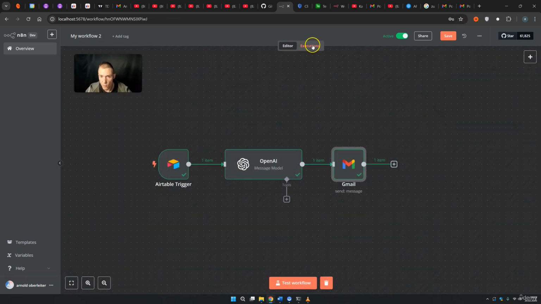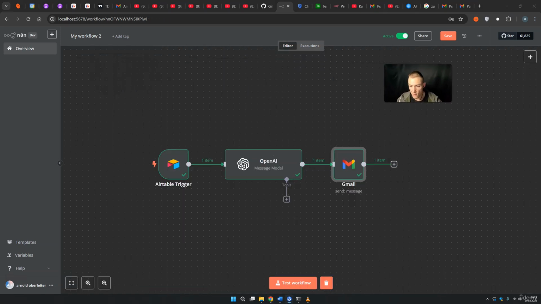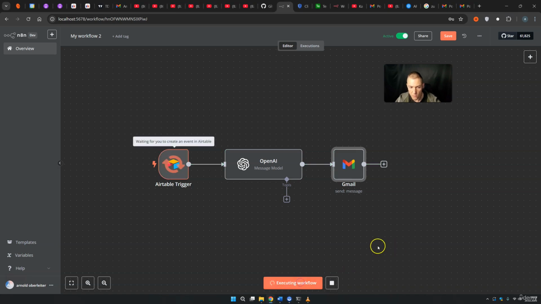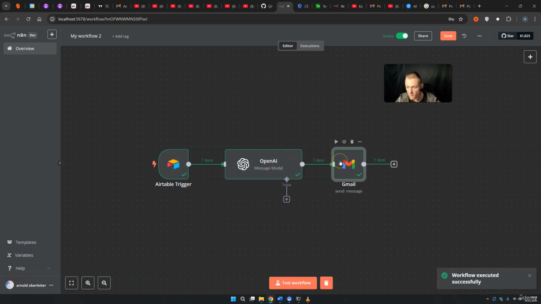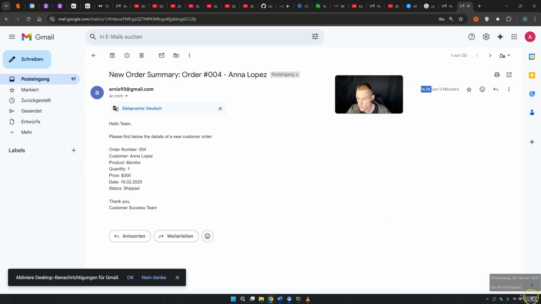And if we come right now into executions, you see that this thing gets fetched at minute 24 and minute 25. So everything was executed completely perfectly. For the sake of this tutorial, once again, test workflow, we see the things get fetched, OpenAI makes our mail, Gmail send gets triggered, and then I got my mail. Because I have pressed test workflow right now, I will most likely have fetched event number 4 once again. And yes, there we have it, event number 4 on this time, so you see this is completely up to